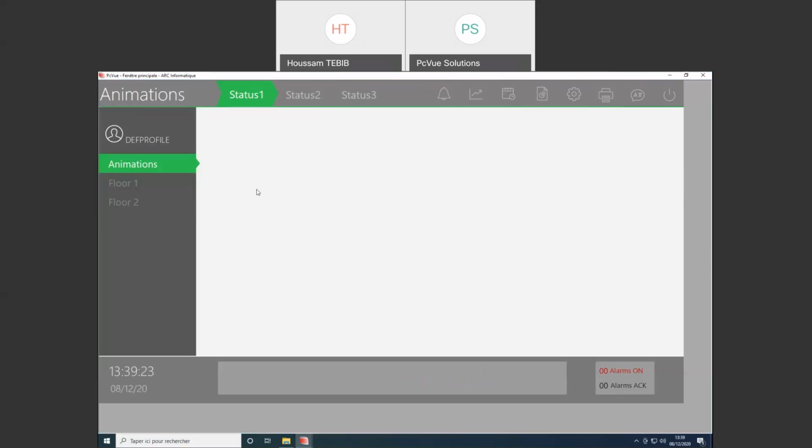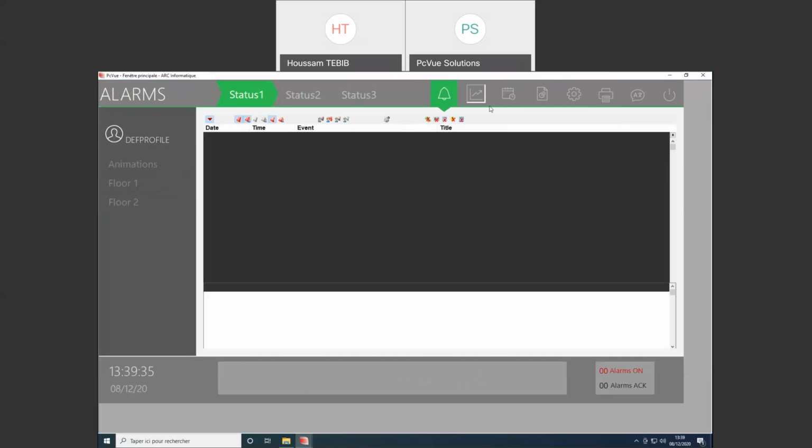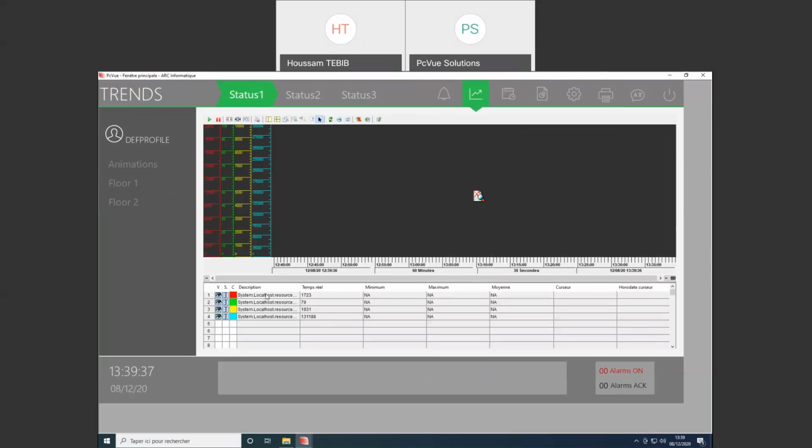So now you can see the project. Here we have the 3D mimic I created before. You can see the project is ready to use. Here we have an alarm viewer with counter alarms and a trend viewer with some system variables,